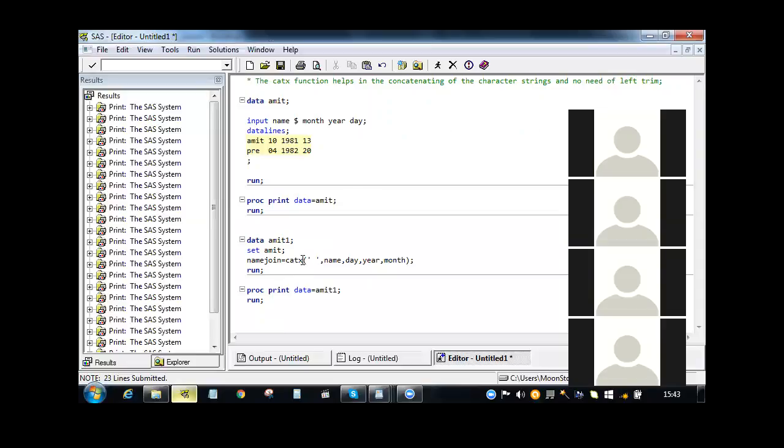The important thing here is that the CATX function takes a delimiter with the help of which we want to do the concatenation. We can also use a comma as the delimiter. And then it does a left trim also. Left trim means it does a strip. Strip means if a name has blanks in the beginning,